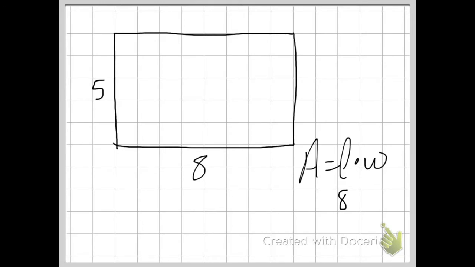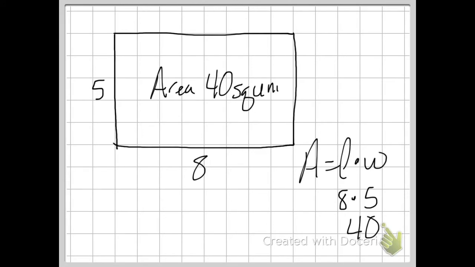The width would be the other side, which would be 5. So 8 times 5 is 40. So we would have an area of 40 square units. We can say they're square units because we're talking about tiles, the individual squares